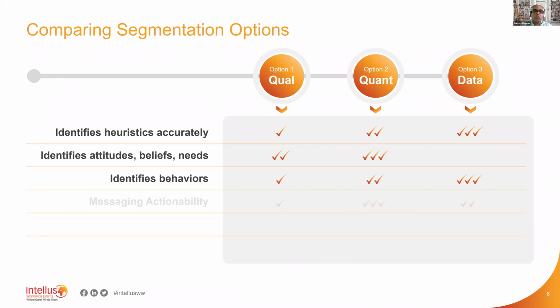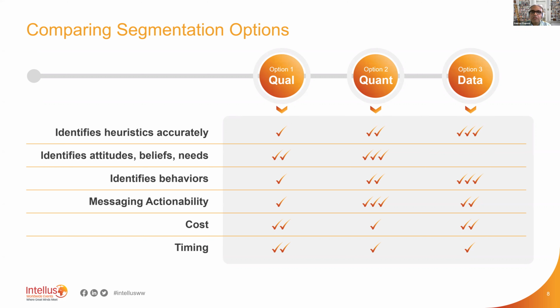Side by side, if you were going to only use one, and weren't going to mix and match, then you're probably going to have to make some trade-off decisions. The data will probably get you the most accurate assignment of each physician to the heuristics they're using. Research may be not as accurate or as reliable, but it can help you get a lot of other profiling data on each segment, like attitudes, beliefs, needs, psychographics, demographics, etc. So you can make a decision that's right for your brand. We've provided a checklist here, so that depending on what's important to you and your marketing team, you can decide which approach is better.